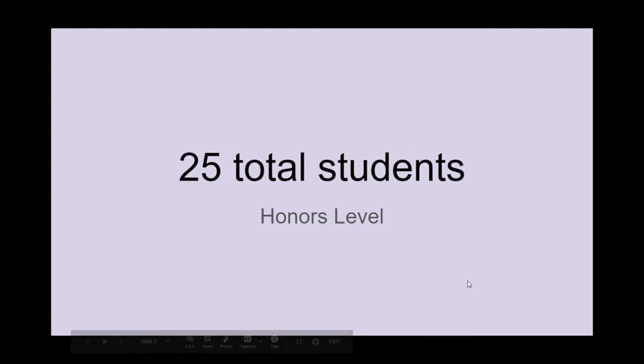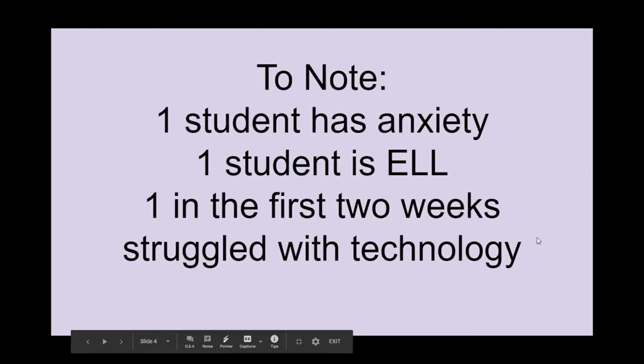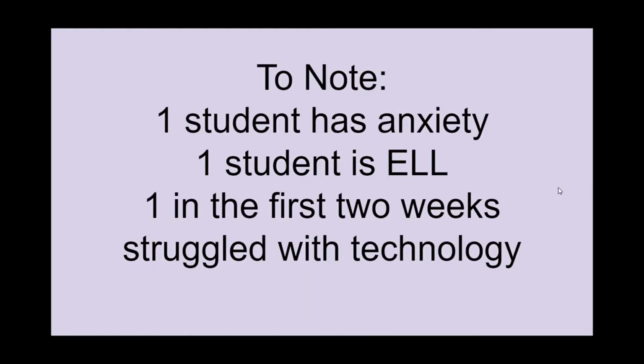This class has 25 total students that are all honor students. What we should note about the class we're about to watch is one student has anxiety. I reworked this. This plan wasn't originally going to happen in this way, but I replanned this based on the different questions students submitted that they asked the entire class. One of the overwhelming questions they had was about pets and animals, and the other one was about sports. So I actually created this lesson we're about to watch around those because they clearly had a lot of interest